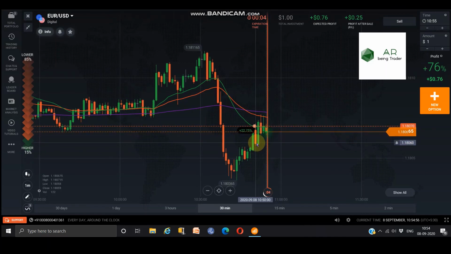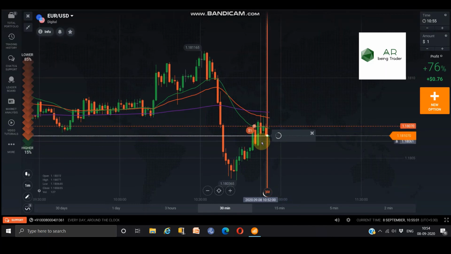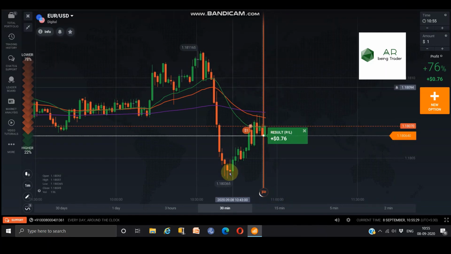If I place my trade here, what would happen? It might become a loss because of my entry point, right? So as I always tell you, place your trades near these lines. If you place at this point, you're going to be in a safe zone because these lines will reject the price. You can see here, as I placed here, even these candles were rejected and I got a profit. Please place your trades at these points.